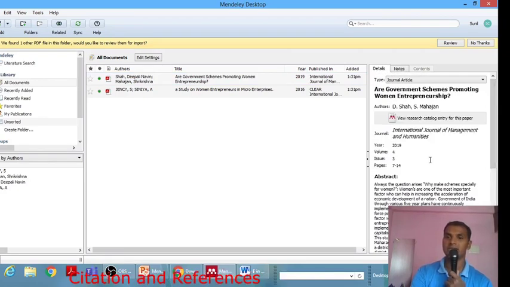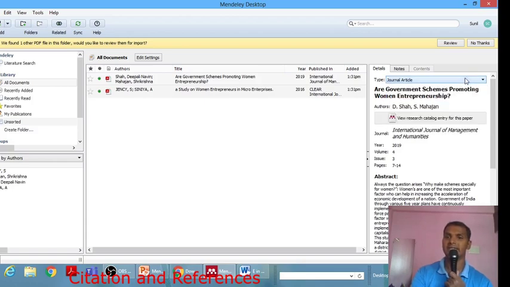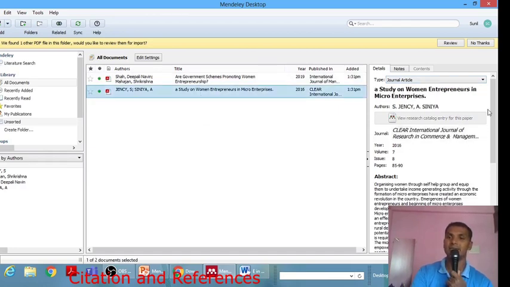If some information is not there, you can also write it manually. And here at the top you can see this is the type which you need to select, whether it is a journal article, a chapter, a book, or a film documentary. So you have to select it, but I have selected the journal article here. When I click on the second article, you can see its details also at the right side. The title actually has a small 'a' here, so I'm going to write a capital 'A'.